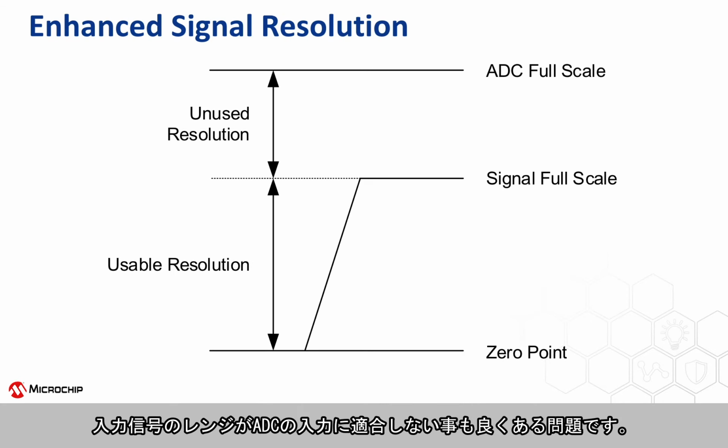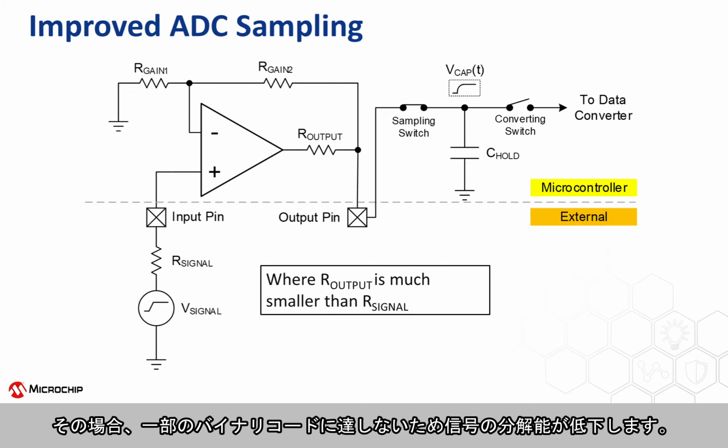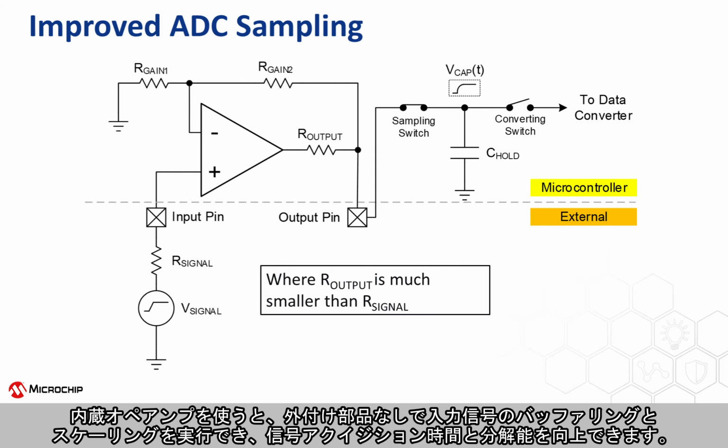Another common issue is where the input signal is not sized to the input range of the ADC. When improperly sized, the resolution of the signal is not optimal since some binary codes will never be reached. The integrated op-amp provides a space-efficient method of buffering and scaling the input signal, which can improve signal acquisition time